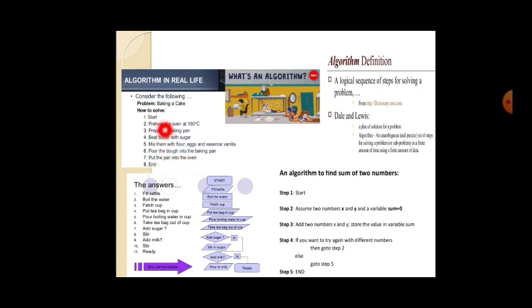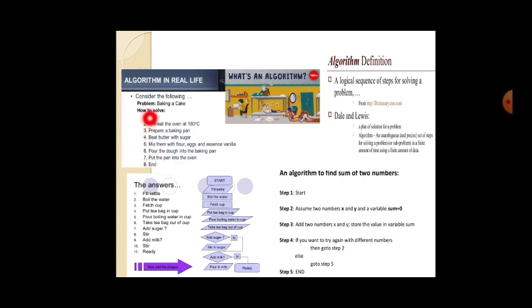So without preheating, you can't bake a cake. Or you can't first pour the dough into the baking pan. So you need to prepare a baking pan. You need to beat the butter. The butter can't be put at the end, or without butter or eggs or vanilla the cake won't happen.